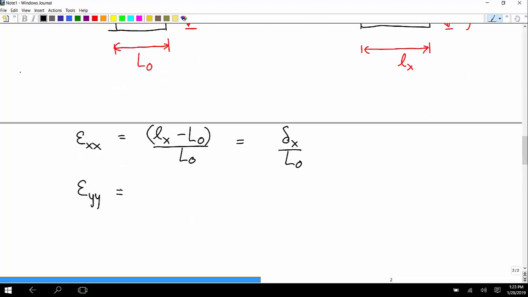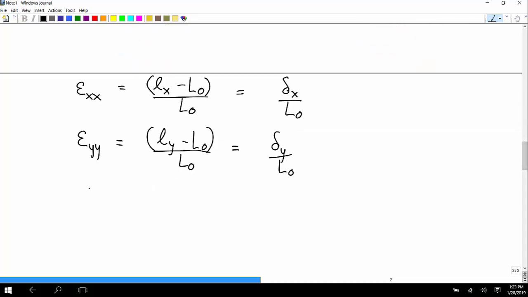Epsilon yy, the y normal strain, is the quantity Ly minus L0 over L0, or delta y over L0. And then epsilon zz is Lz minus L0 divided by L0, or delta z over L0. Okay, so,